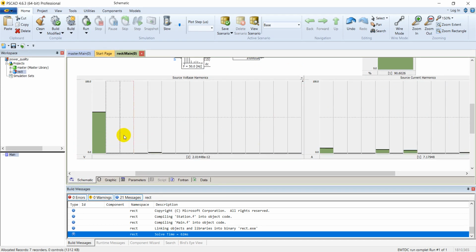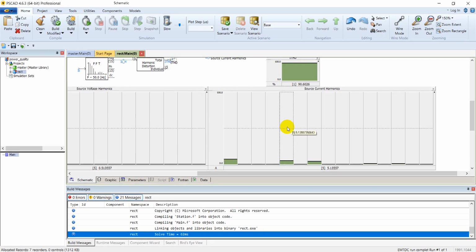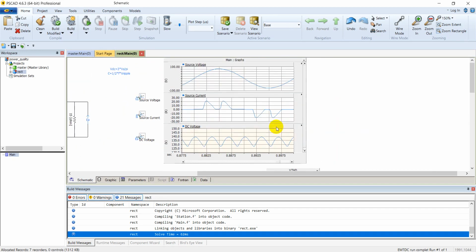The second harmonic is not significant. The third harmonic is also not significant. It's a few microvolts. But the fifth harmonic is also non-significant. It's only a few millivolts. But if you check in the current, the fundamental harmonic is 7 ampere RMS, and the fifth harmonic you see is 5 amperes RMS. So that's quite a big value and a very high distortion in the